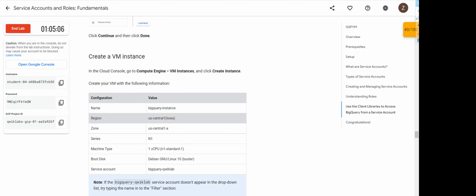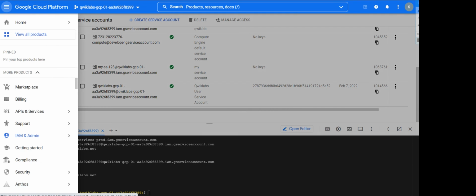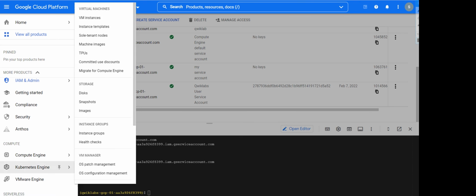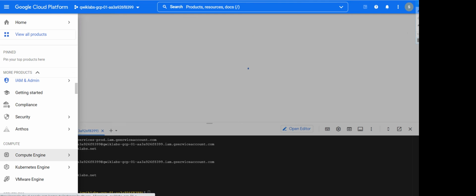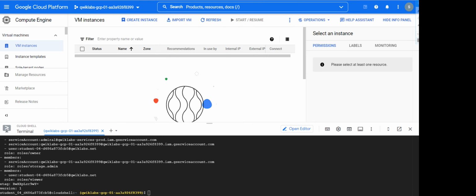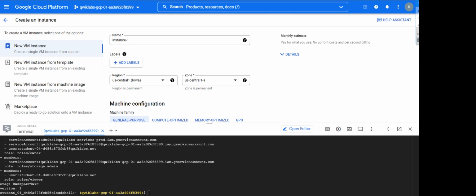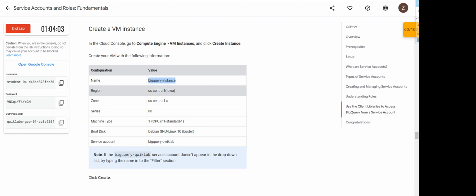Next, now we will create the VM instance. Compute Engine, VM instance, and create instance. These are the basic instance creation in the menu. Then you just follow the values given when you create the instance. The new instance means the virtual machine host. We will create the host using a specific operating system, which later we can access and make it our application server. For this instance, just give the name BigQuery instance,